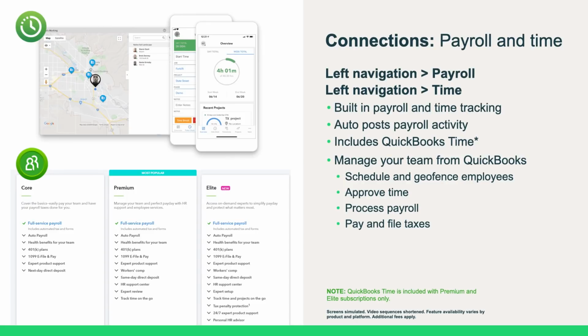I showed you where payroll was. It's on the left navigation under payroll. There is also QuickBooks Time, and if you're not seeing a time option on the left navigation, it means you either need to sign up for QuickBooks Time at first, or contact Intuit or QuickBooks Payroll. And if you have a version that's included with QuickBooks Payroll, you need to talk to the payroll service about